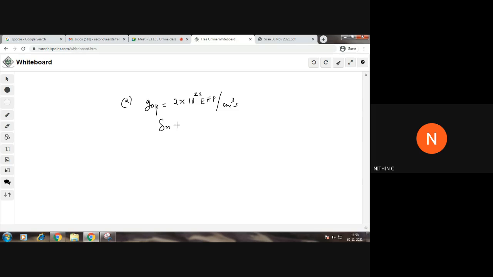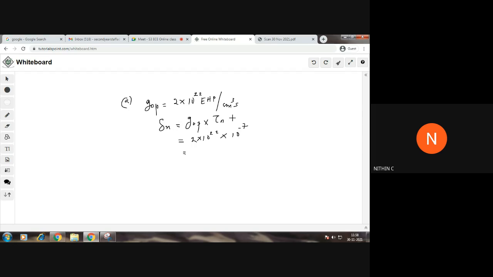What is the expression for excess carrier concentration delta n? What is the expression for delta n? നമ്മൾ ഒറ്റ എക്സ്പ്രഷനെ ഈ ഒരു പാർട്ടിൽ നിന്ന് പഠിച്ചിട്ടുള്ളൂ. ഏതാ അത്? Delta n is equal to, in terms of GOP, ഏതാണ് എക്സ്പ്രഷൻ? Delta n is equal to GOP multiplied by tau n. That is the only expression that we have learned. So you can easily find with the help of this expression. That is GOP is 2 into 10 raised to 22, multiplied by tau n. Tau n value is also given, that is 10 raised to minus 7. Simple question. You can directly multiply and find the answer.